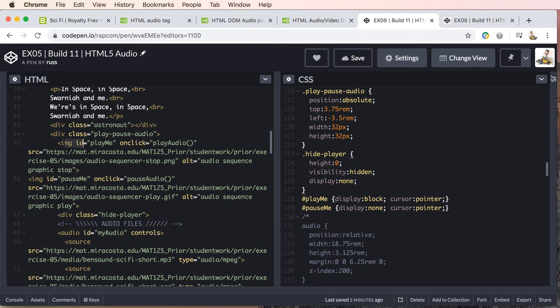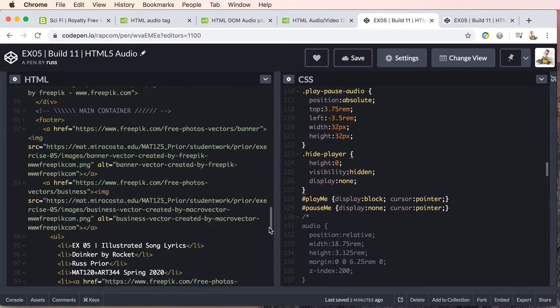You'll notice image 1 has the ID play me, and then our event on click play audio. This is our function. Then you'll see the second image, ID pause me, and then our event on click calling the function pause audio. So if we go back down to the bottom,